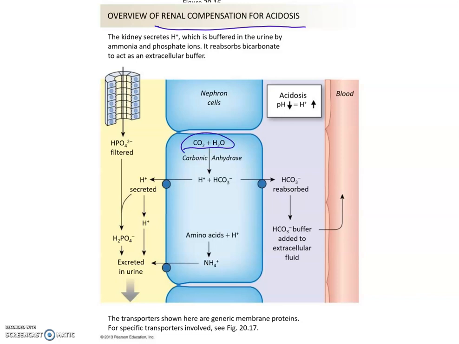CO2 plus water with the help of carbonic anhydrase, but even without the help of this enzyme, it will combine to form carbonic acid, which then dissociates into hydrogen ions and bicarbonate ions. The bicarbonate ions can be moved into the interstitial fluids, they can be moved into the blood. The hydrogen ions, your kidneys can decide to excrete the excess hydrogen ions and just secrete them out,